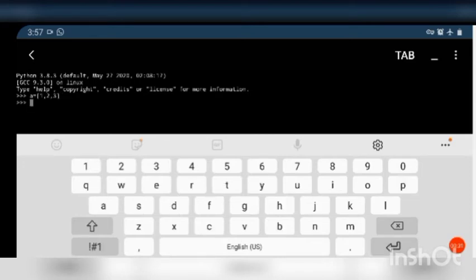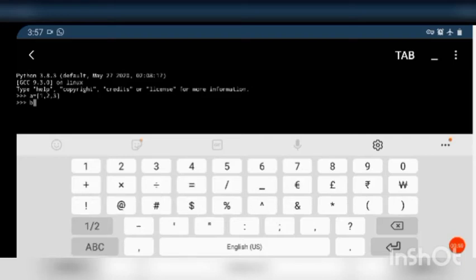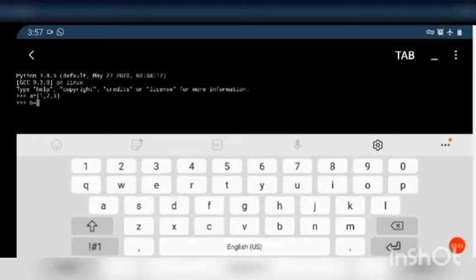Now I have created a list A containing values 1, 2, 3. Now I am copying list A to another list B. So here A is also existing and B is also there. So B is equal to A.